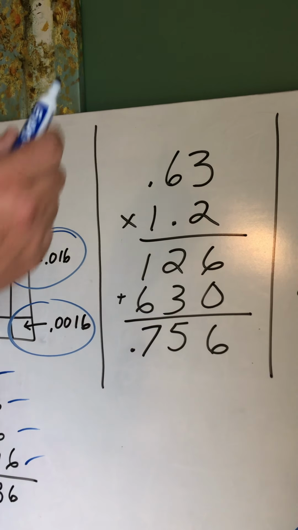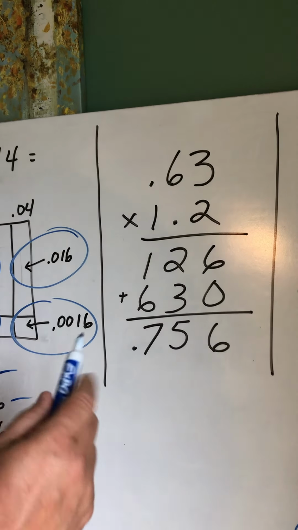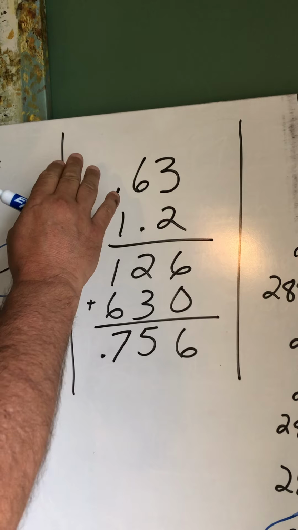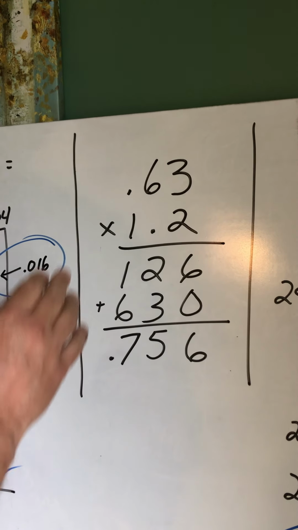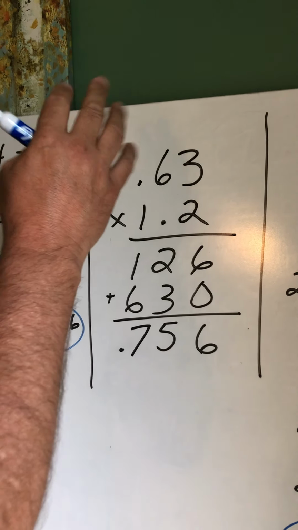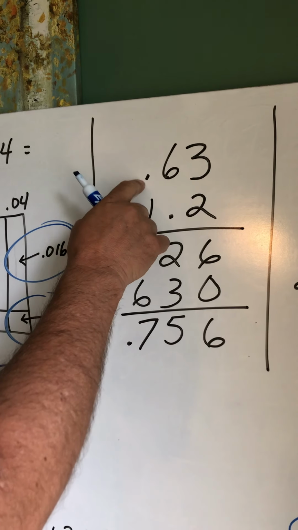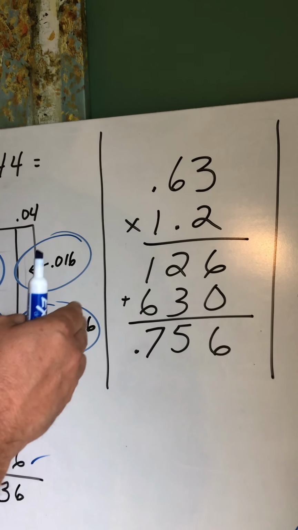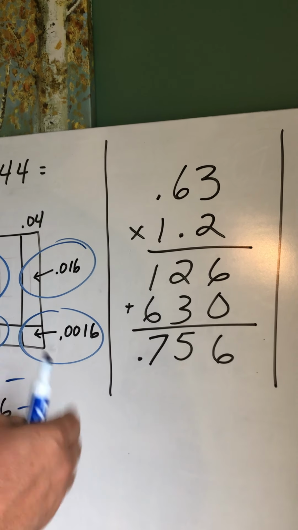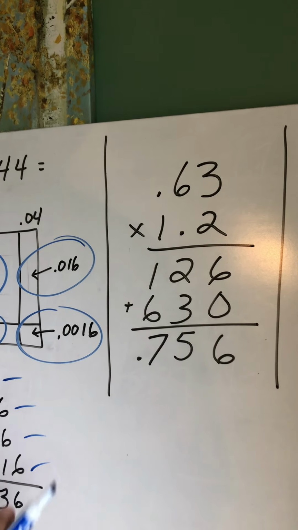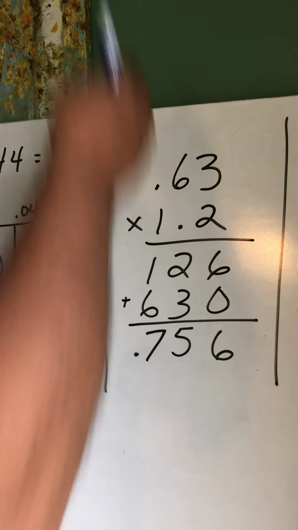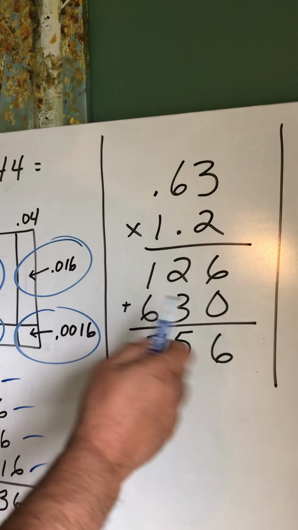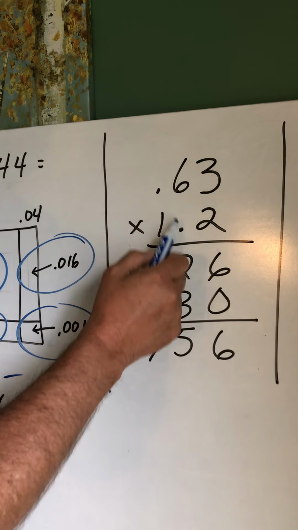When you're multiplying decimals, it doesn't matter how you set up. You don't have to line up the decimals. When you add and subtract decimals, you always have to line up the decimals, straight up and down, perfect straight line. When you're multiplying, you don't have to, because you don't need to know where those are till you get